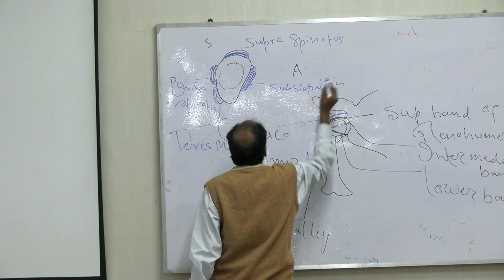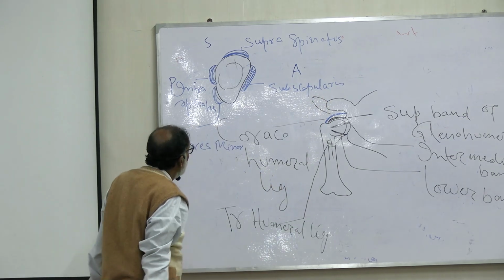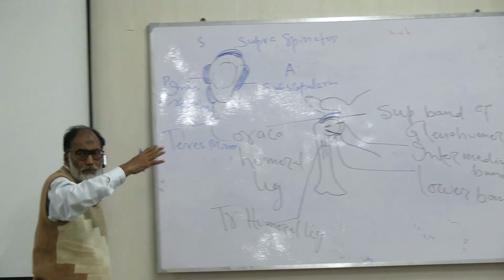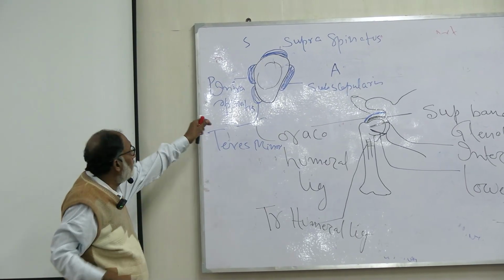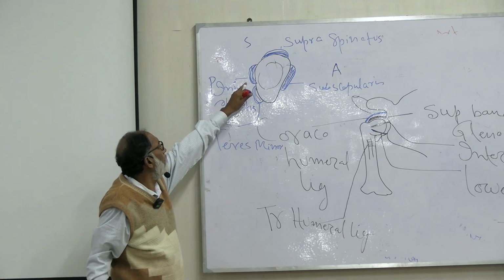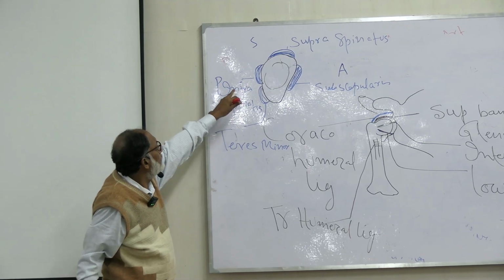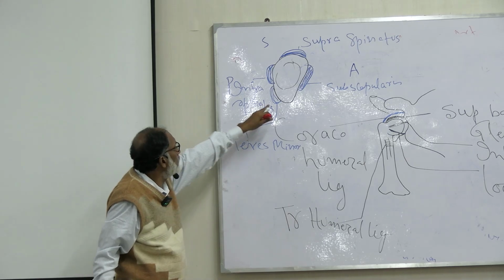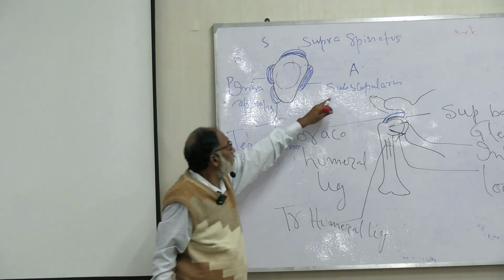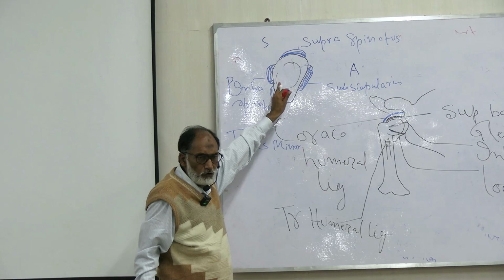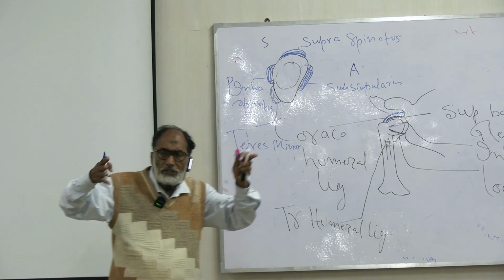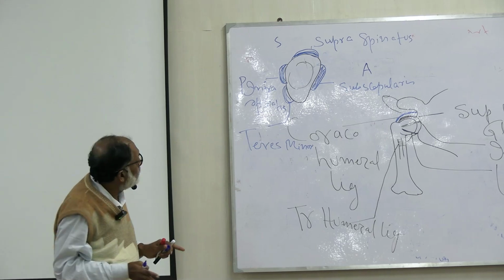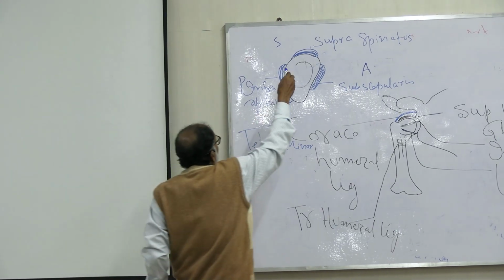Subscapularis. These are the tendon of the muscles. This is the infraspinatus. This is the teres minor. This is subscapularis, the supraspinatus. These are the tendon near the joint. They form the rotator cuff. Rotator cuff. Now above this there is a